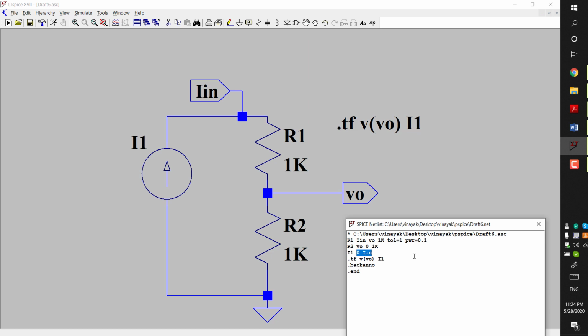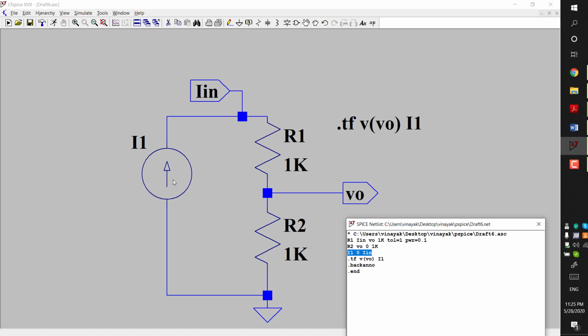Now one thing to note over here, the direction of this current source is important, based on what is going to be the current and what is going to be the direction. Okay, so I in is connected between 0 and I in, so it's from ground to this, that's why the